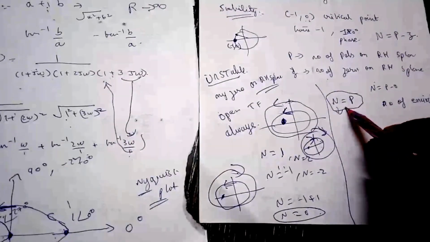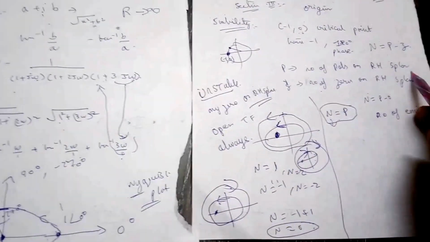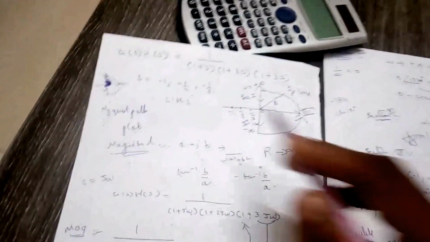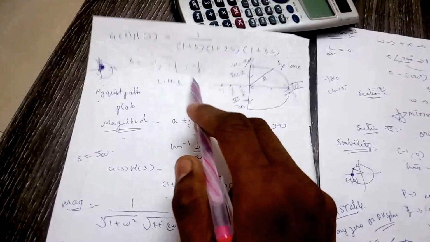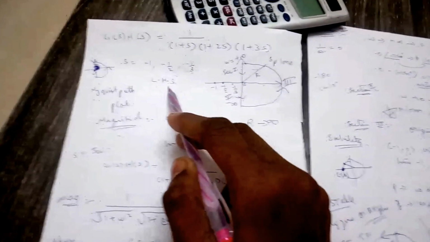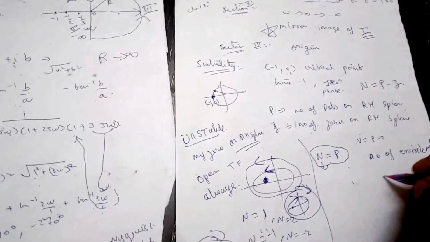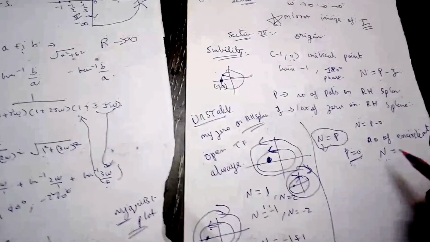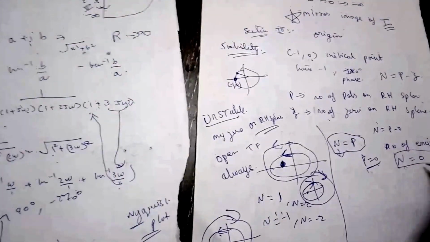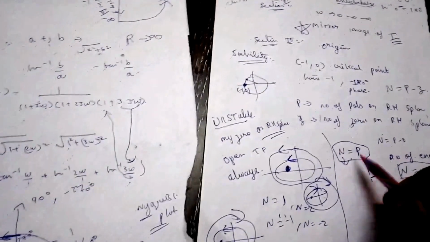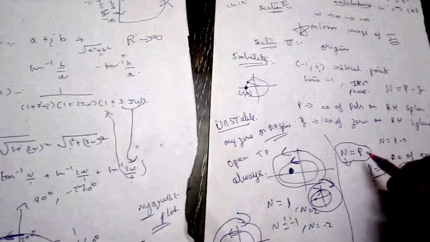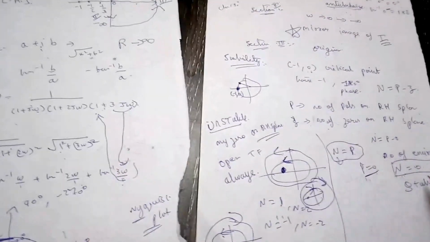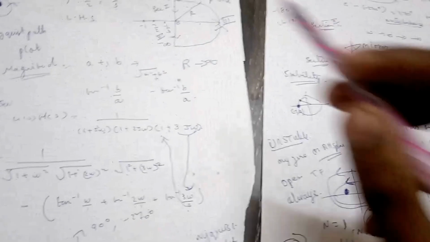So for any problem, N should be equal to the number of poles on the right half of the S plane. For this particular problem, from the transfer function given, we have plotted the poles here and found them to be on the left half of the S plane only. So the number of poles on the right half of the S plane is P equal to 0 for this problem. So from the Nyquist plot, we have to find the number of encirclements, and if the number of encirclements is equal to 0, then the system is stable. This N equal to 0 is obtained by substituting P equal to 0 in N equal to P. So N equal to 0 is the stability criterion required for this system to be stable.